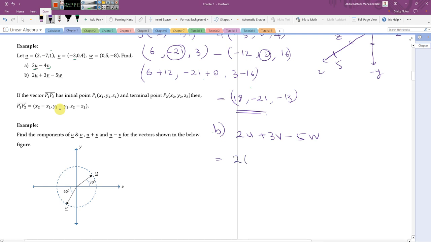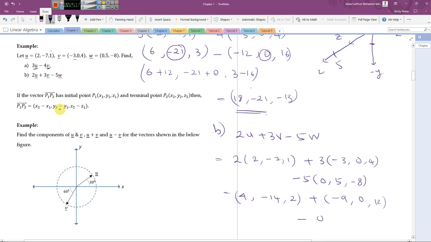So 2 into u is 2 comma minus 7 comma 1 plus 3 into v is minus 3 comma 0 comma 4, and minus 5 into w is given as 0 comma 5 comma minus 8. So 4 comma minus 14 comma 2 plus 3 into minus 3 is minus 9, 0 comma 12, minus 0, 25 comma 40. So if I add them together,